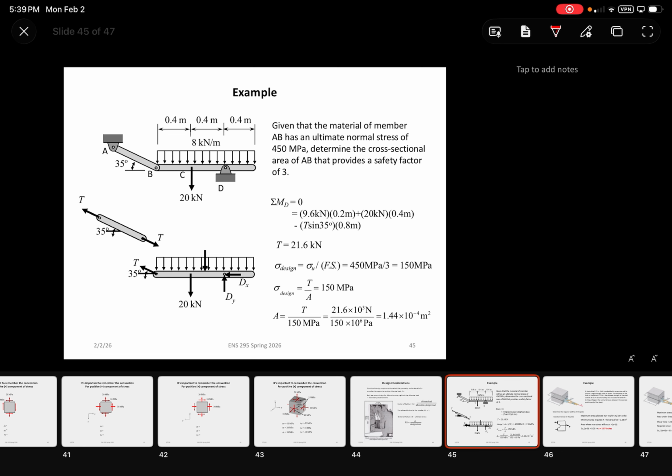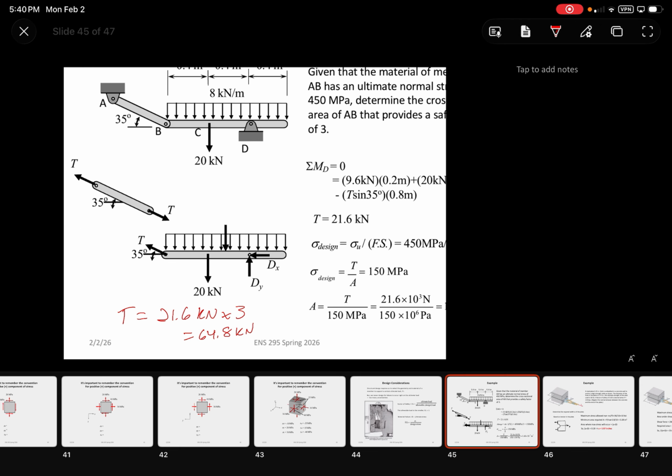Another way that you could have done this is to simply compute the force with a factor of safety of 3 and just multiply the 21.6 kilonewtons by 3. And that would have given you an ultimate design force of 64.8 kilonewtons. So that's the force that it would be designed to handle. From there,